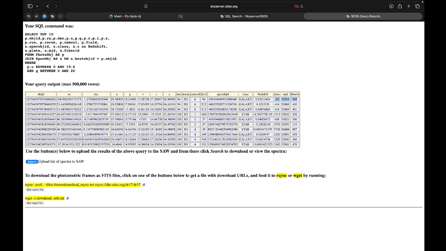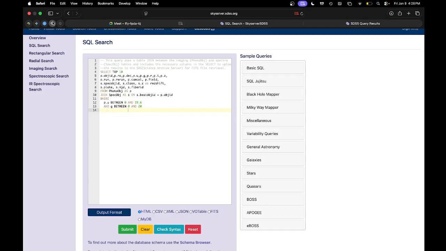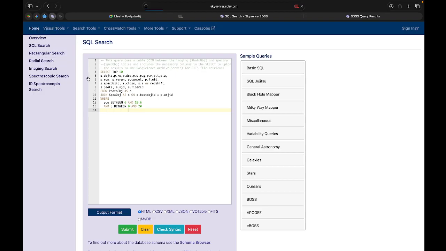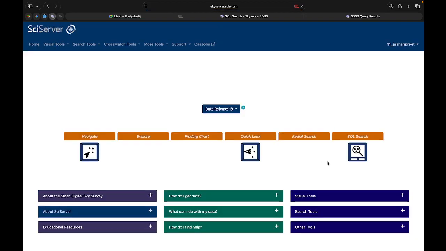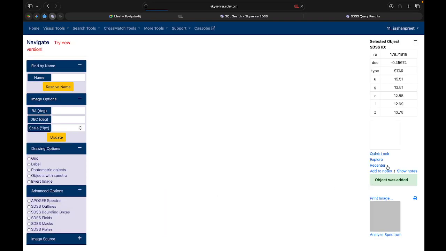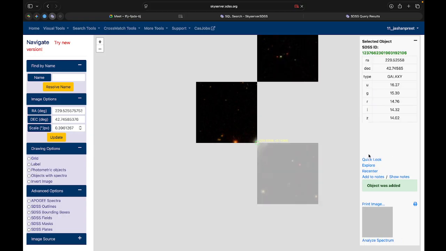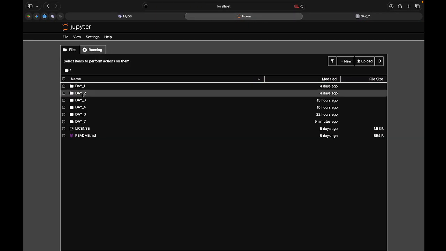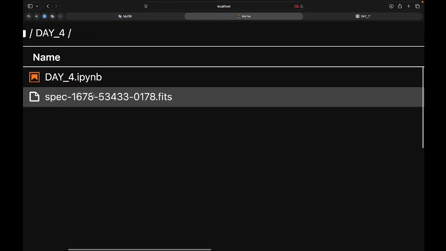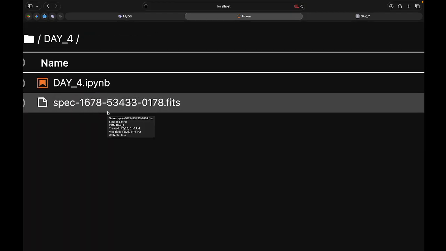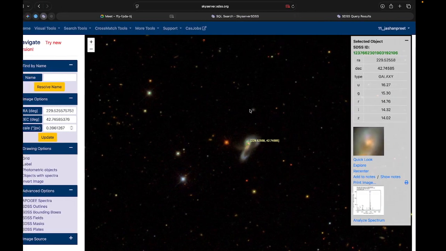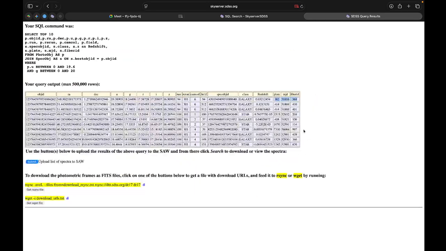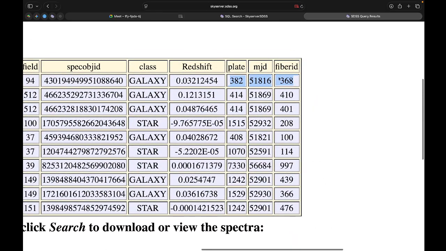So whenever, for example, you download a spectrum of a galaxy, you might see, let me just show you, in the link some numbers, like spec and other numbers. If I just go here, in our previous lecture, you see, this is the code of the downloaded file. It is actually spectrum. Then there are three numbers, and these three numbers are exactly the same as these: plate, MJD, and the fiber